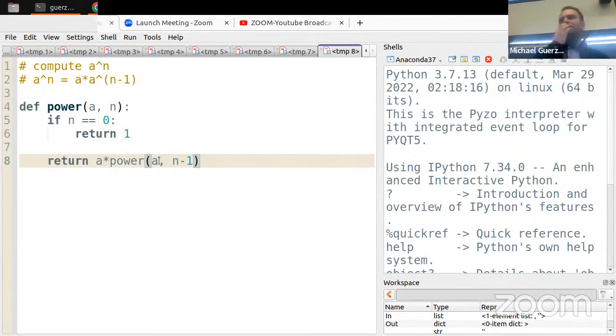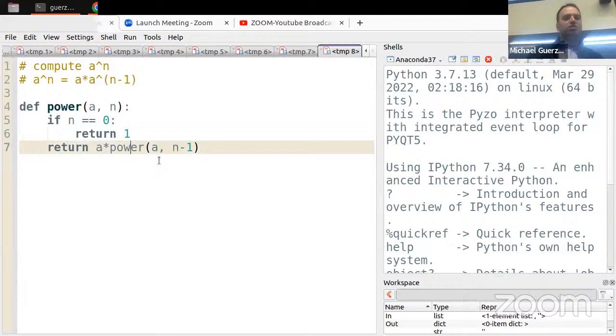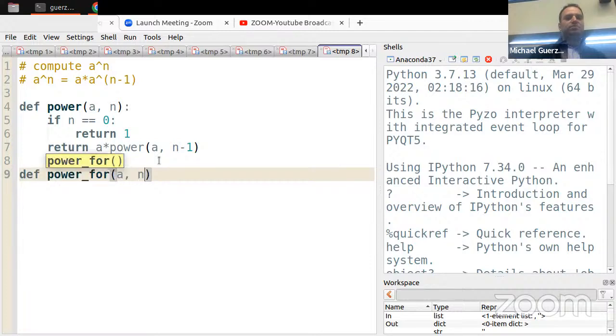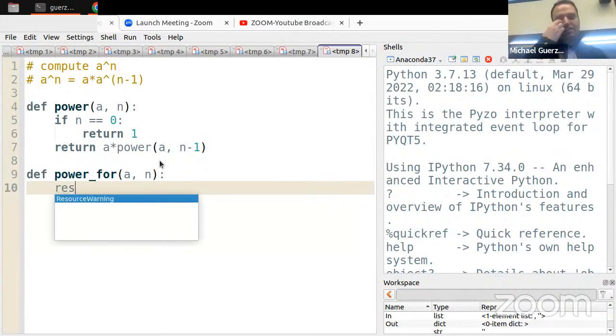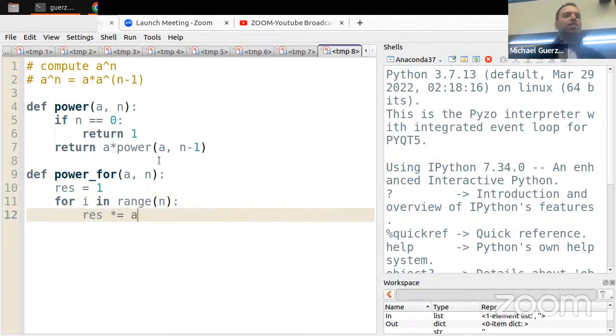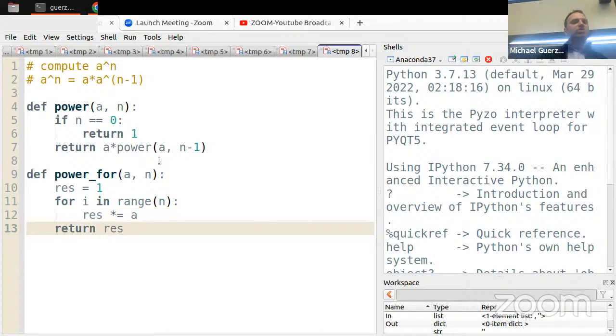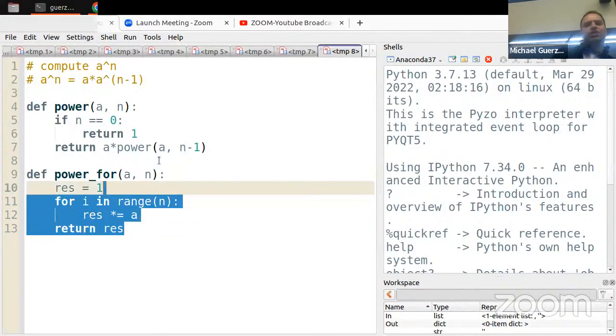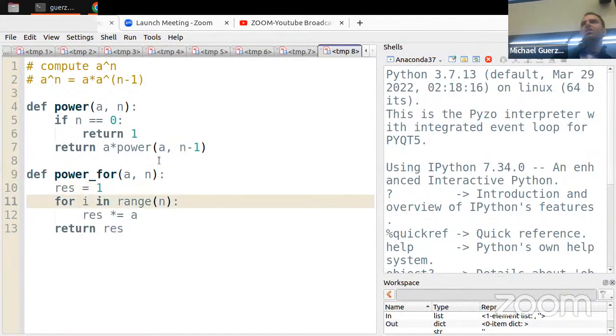So I want to start talking about other ways of computing it. You can do something like this, right? You can say result is 1, and for i in range n, result times a. So that would also be a to the n, because you're multiplying a by itself n times. Right? So I want to first transform it